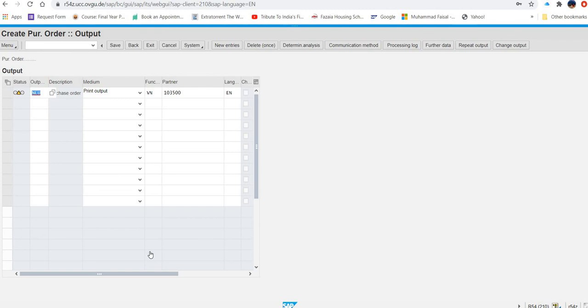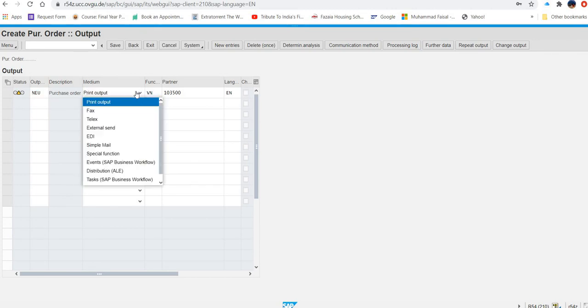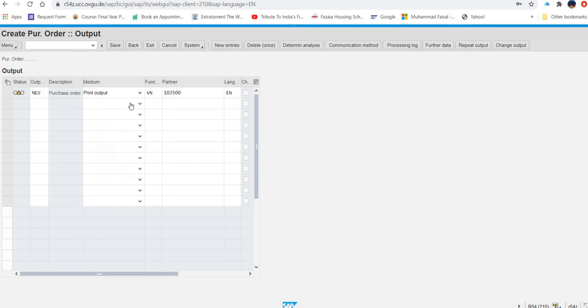And then what you have to do, in the following screen, select output purchase order NEU. NEU already selected. Medium print output, that is 1. Okay. Then language is English.